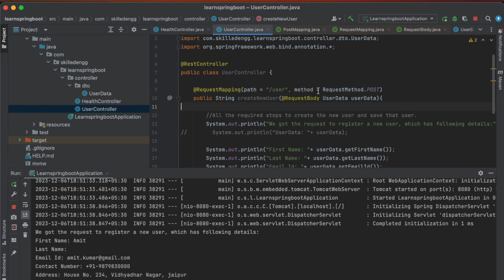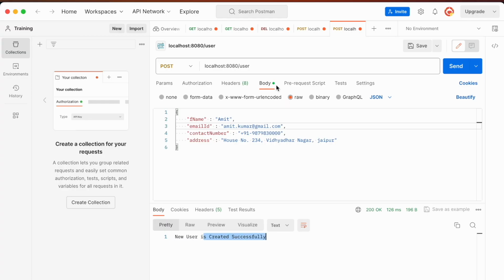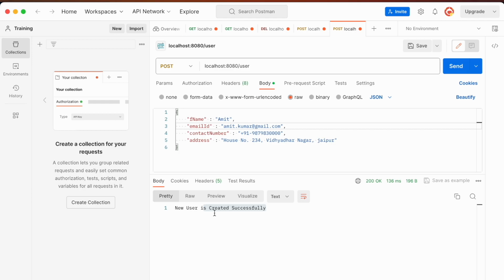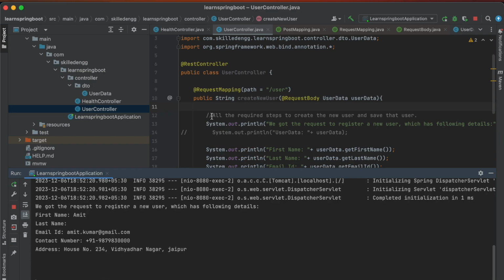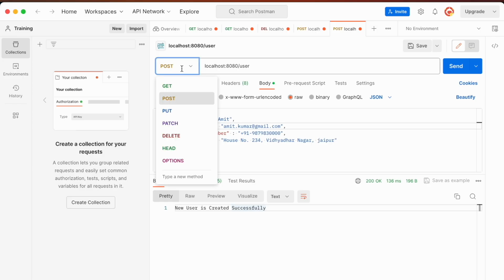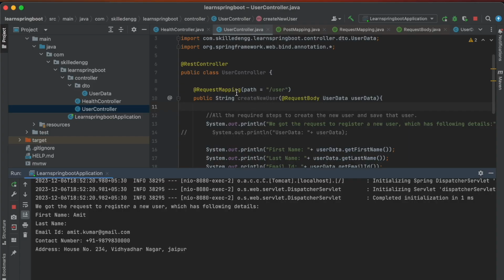Now let's say we do not use any method here, then what will happen? Let's remove this and rerun the application now. Okay, if I hit send now, we have got the expected response here, and here we got the logs as well. Let's change this particular method now, because we have not defined anything in this request mapping parameter.